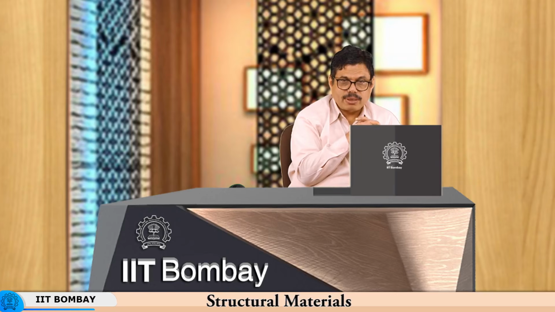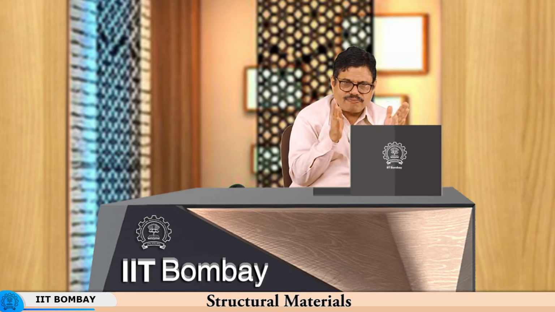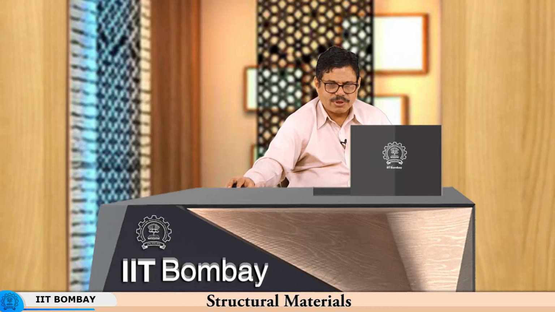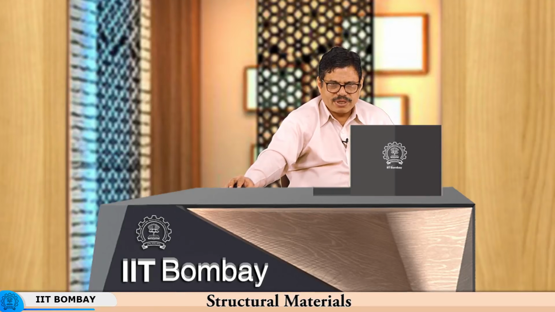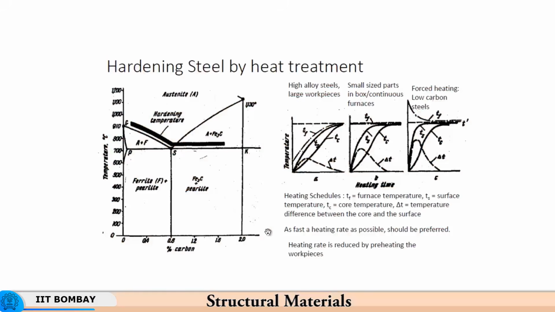The heating has to follow a very slow schedule over a large period of time. That is why you have a furnace temperature which is much higher initially, and then you see that the surface temperature and the interior temperature are vastly different. The core temperature rises very slowly as compared to the surface. The surface will tend to be in tune with the temperature of the furnace, and so the delta T is the temperature difference between the core and